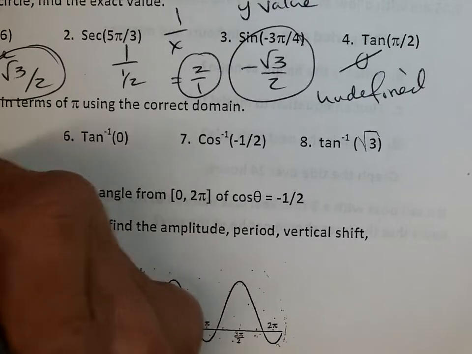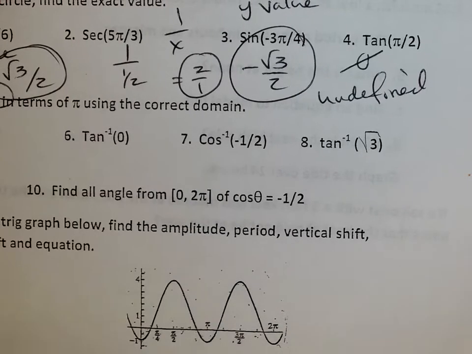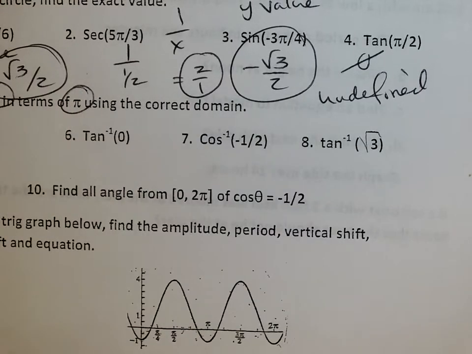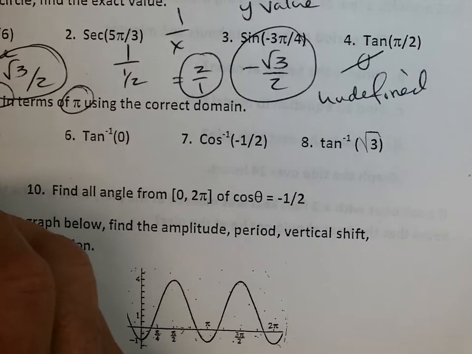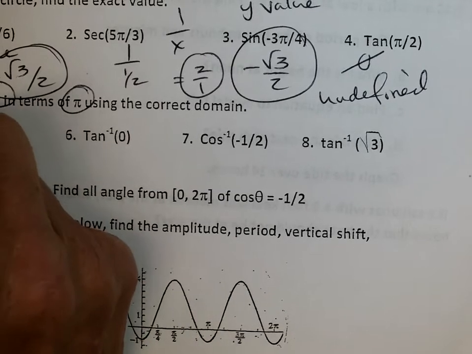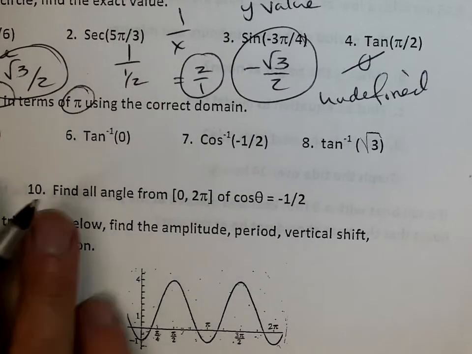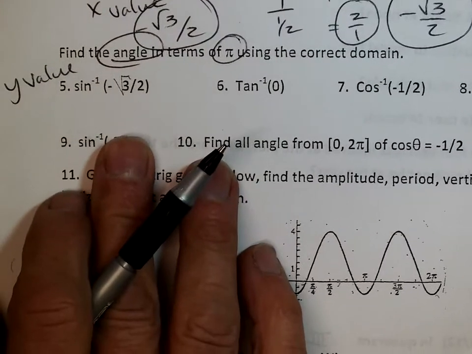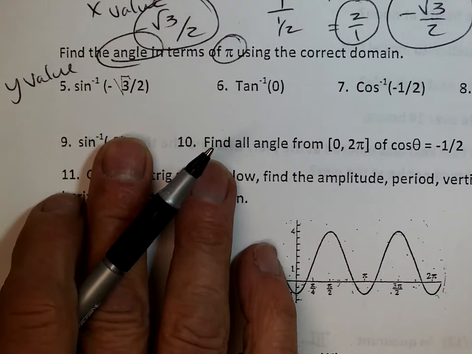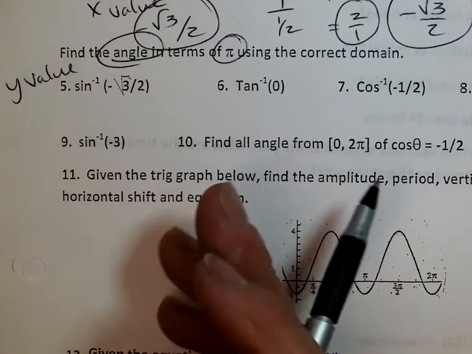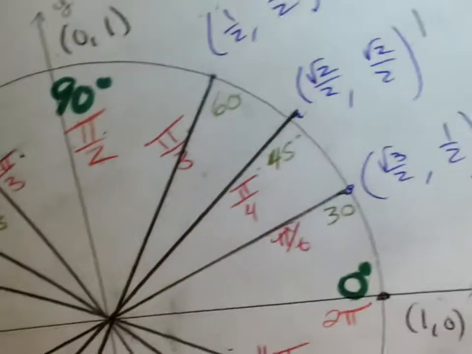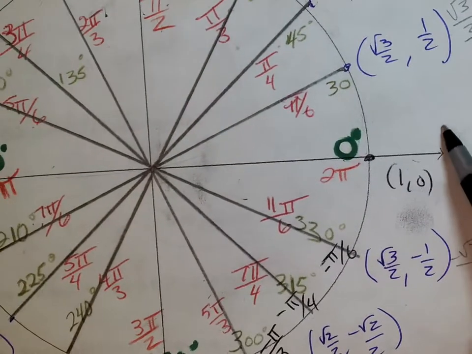Okay, now this says find the angle, okay, and I want it in terms of pi, so I want radians. So I'm looking for an angle. So sine is the y value, so I'm looking for a y value of negative square root of 3 over 2. But I want the closest, right, Zoe? I want the closest. So if I go to negative 3 pi over 2 for a y value, it's right